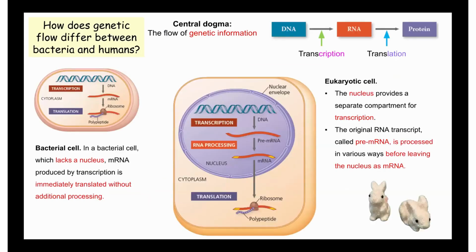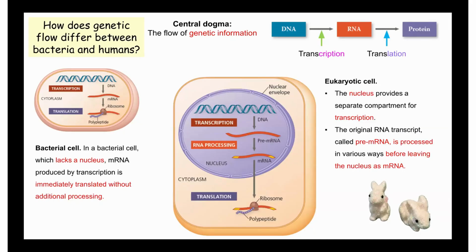Then, how does genetic flow differ between bacteria and humans? In prokaryotes like bacteria, which lack a nucleus, transcription occurs directly in the cytoplasm. DNA is transcribed immediately into mRNA, and protein synthesis begins right away without any complex processing. On the other hand,